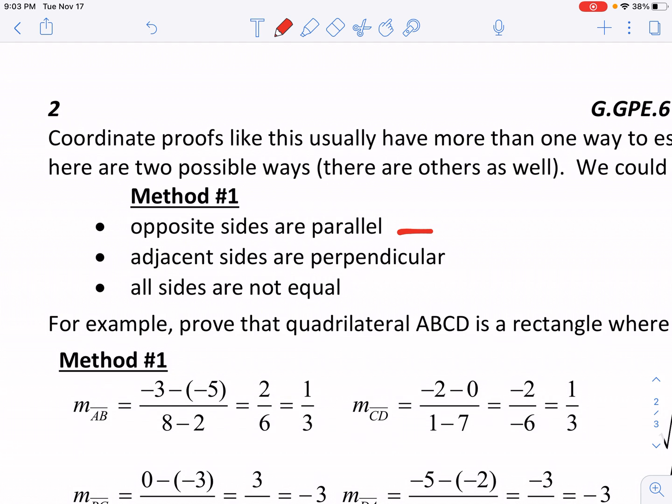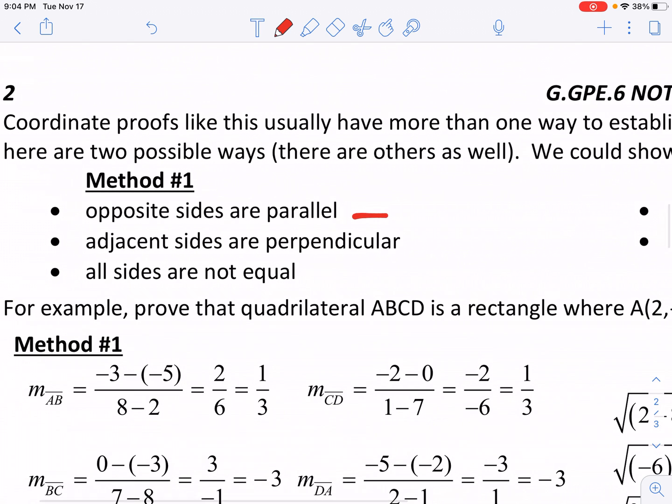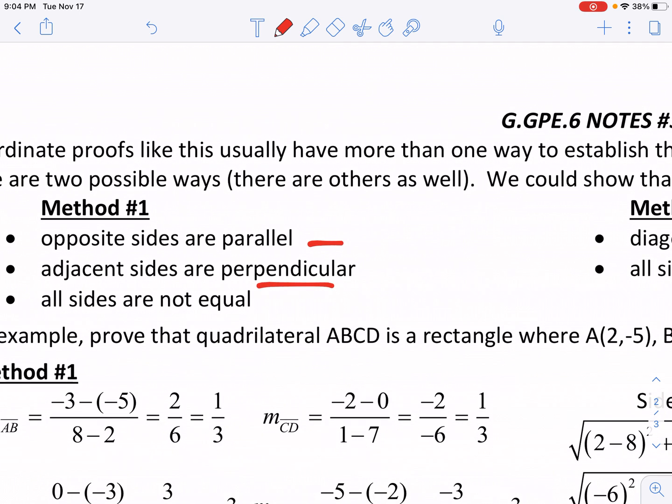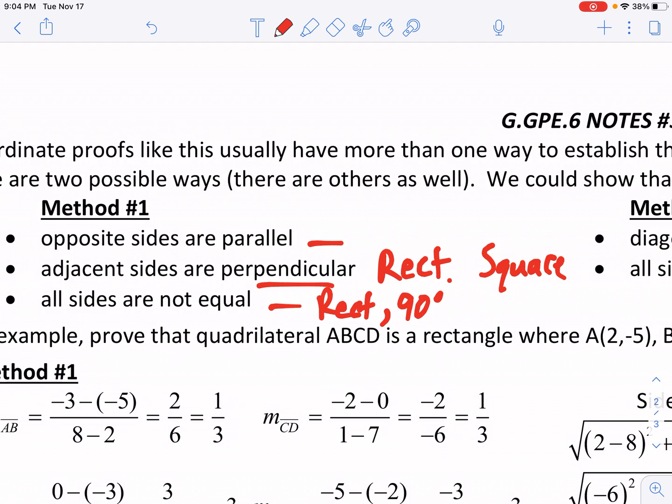Then also, if the adjacent sides are perpendicular. Now, if they're perpendicular, that's nice because that tells us we're either going to be dealing with a rectangle, and I'm going to abbreviate that, or a square. Because remember, a rectangle and a square have 90-degree angles. Now if all the sides are equal, that would be a square if it's 90 degrees, or if we didn't have 90-degree angles, that would be a rhombus. But if all the sides are not equal, then that would have to be a rectangle. So if all the sides are not equal and we know we have 90-degree angles, that would have